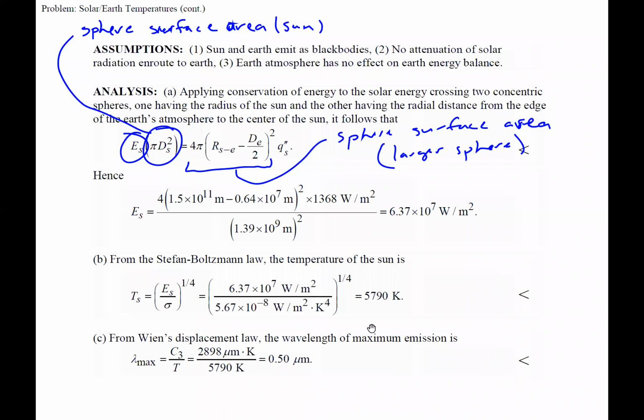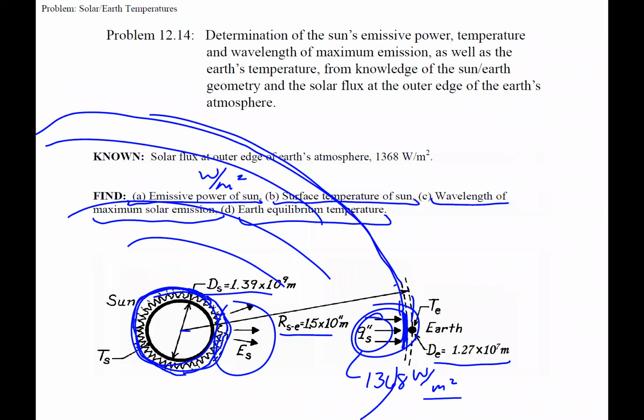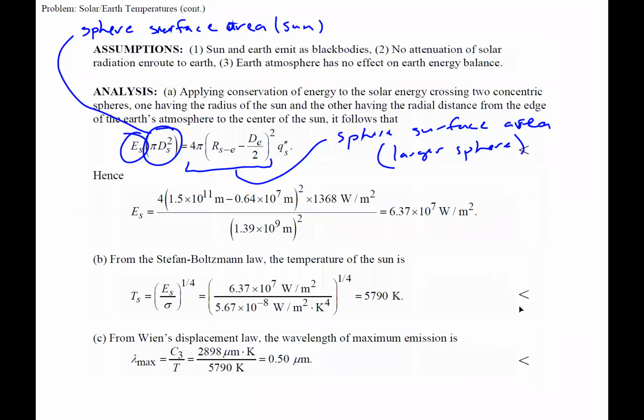That's this big sphere we're looking at right here. And what that is, we have to just modify it a little bit because we don't have that distance. We have Earth's diameter, and then we have the distance between here to the center of the Earth. So that's why we have this subtraction right there of the radius of the Earth. Okay, and so again, surface area. We know this. We know all this geometry,